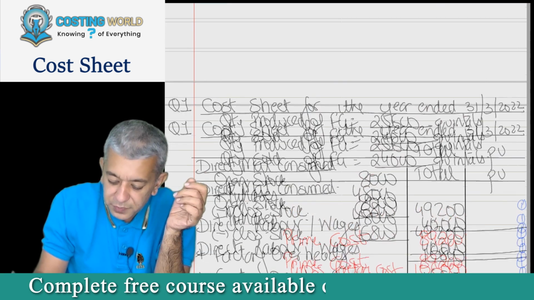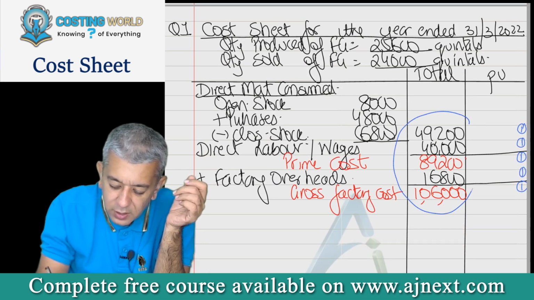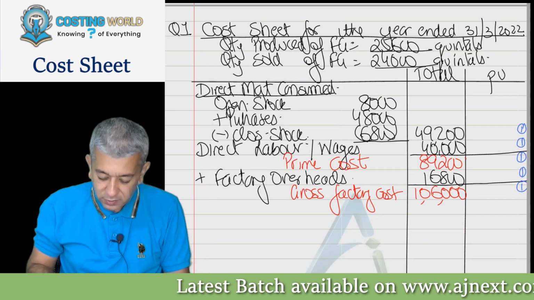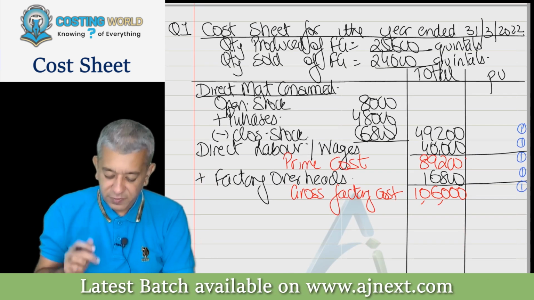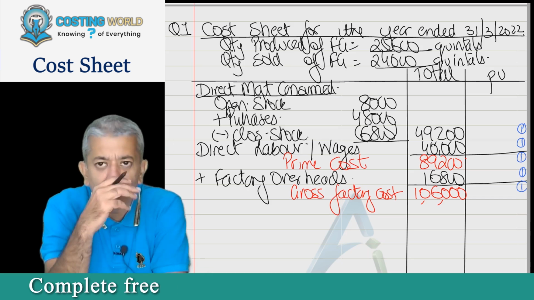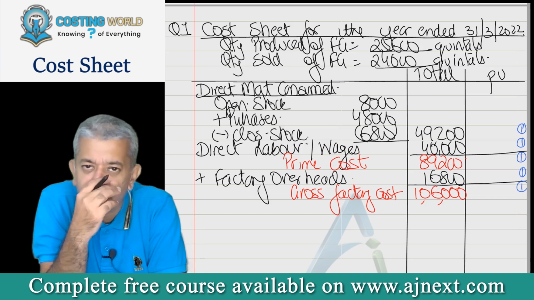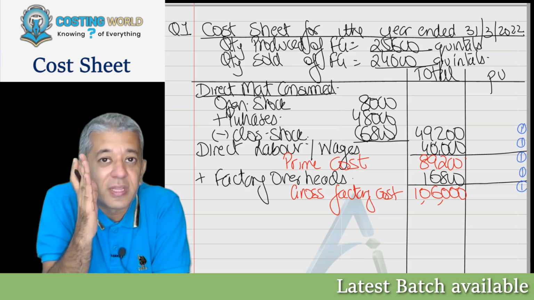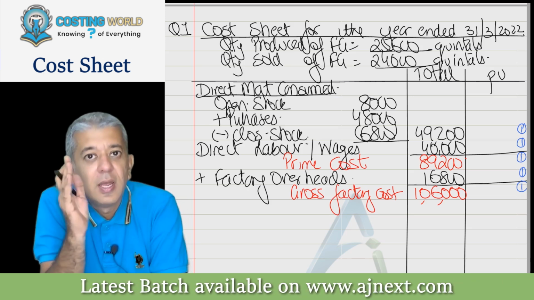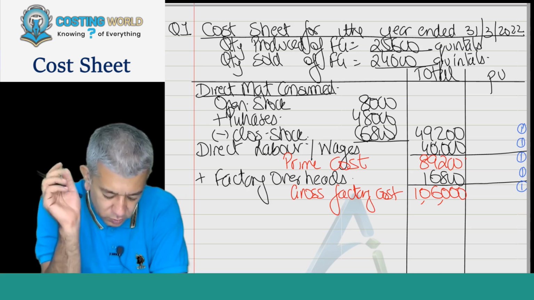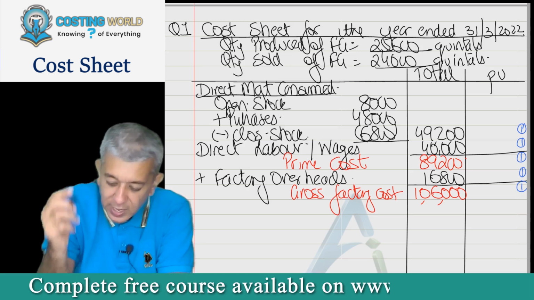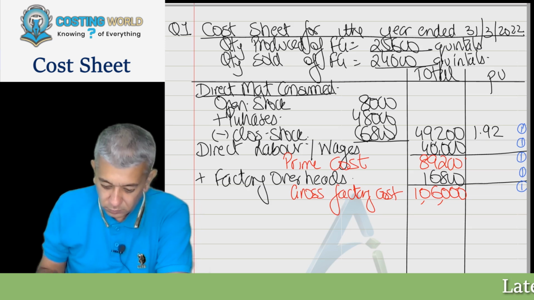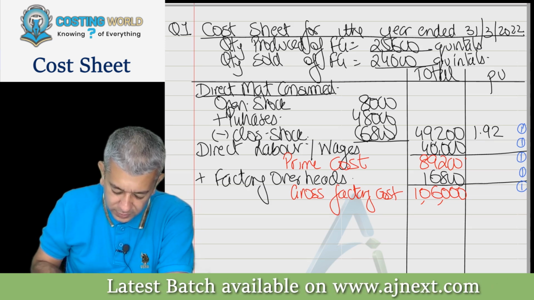Yes, sir. Okay, further. So pick up your calcies and divide all these figures by 25,600. You do that thing with me only being the first question. 49,200 divided by 25,600. That's 1.92. We are usually going to be rounding off the figures up to 2 decimals. So rule of rounding off, you all know, if the third number is 5 or more, add 1 to the second number after the decimal point. So therefore it is 1.21875. I'll write down that particular thing as 1.92. Then 40,000 divided by 25,600,